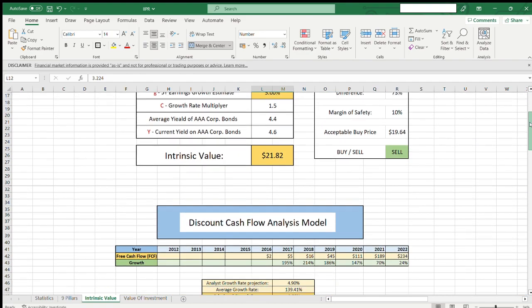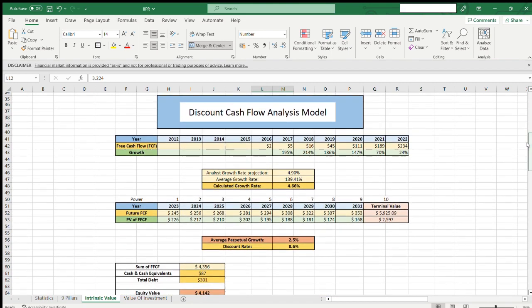But now let's move to the discounted cash flow model analysis. Here I plugged in the free cash flow over the last few years and calculated an average growth rate of 140%. I then took the analyst growth rate projections for the next 5 years and calculated my own growth rate of 4.66%. Now you might think that this is quite lower than the average growth rate we have calculated, but as you can see, even though the free cash flow has been increasing, it has been increasing at a decreasing rate,